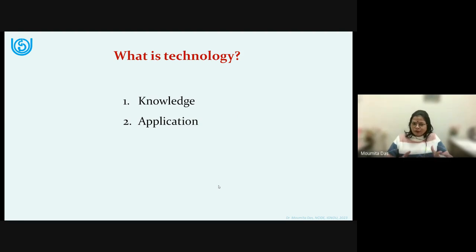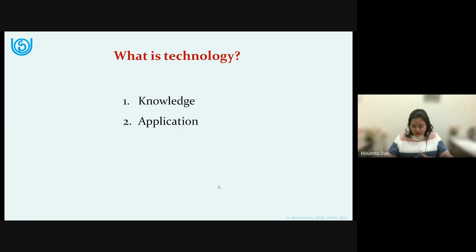So there are two basic components, as some of you have said, to technology. One is the knowledge, and the other is the application of that knowledge. Now you have to expand the definition of the knowledge and application. So the knowledge is the technique, and the application is the knowledge which is applied to do that particular thing, when you apply that knowledge to produce, to make your product.